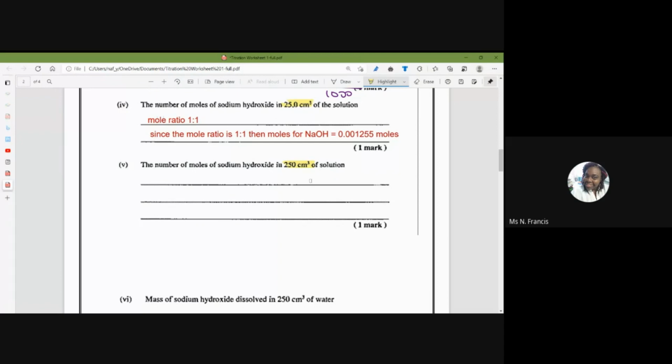So we found it for 25 cm cube, but they're now asking us for 250. Common sense would tell you that 250 is 10 times the amount. So how would you find the number of moles for 250? It's 10 times the volume, so all you have to do is just use a value